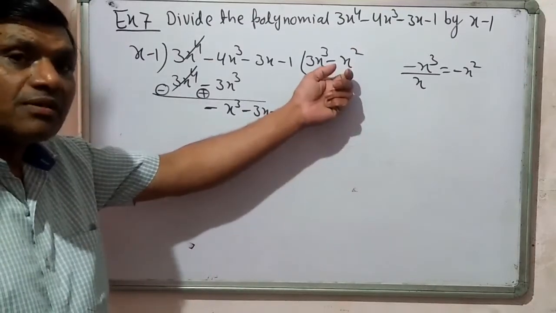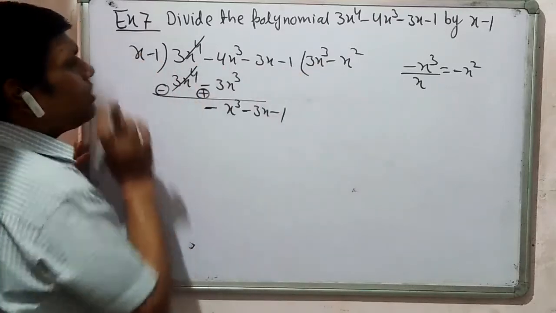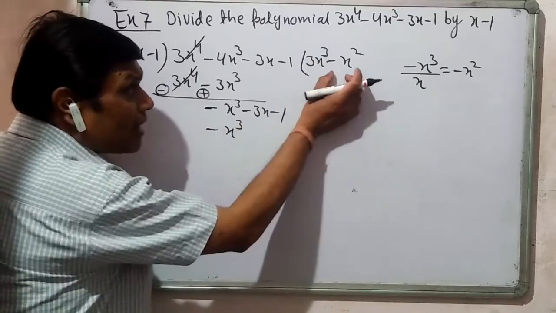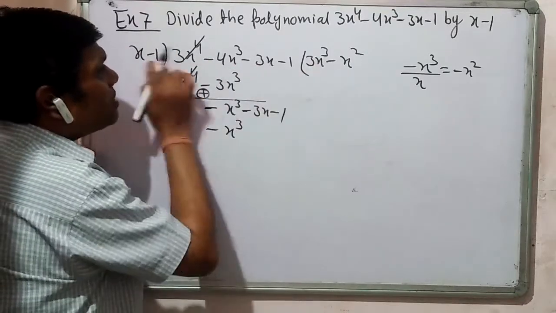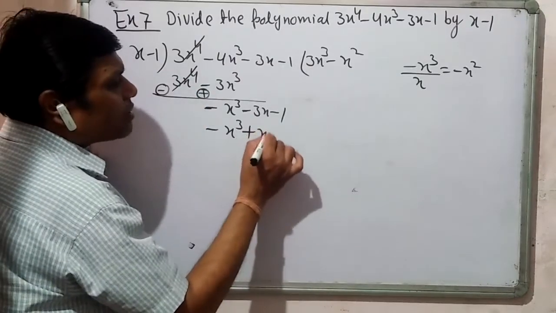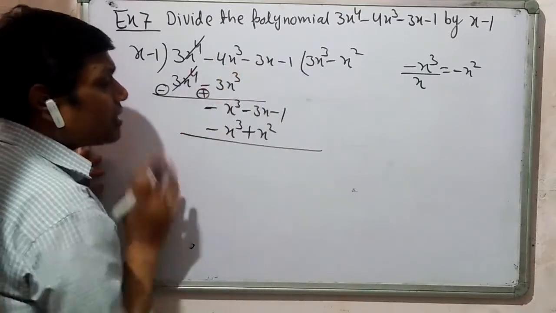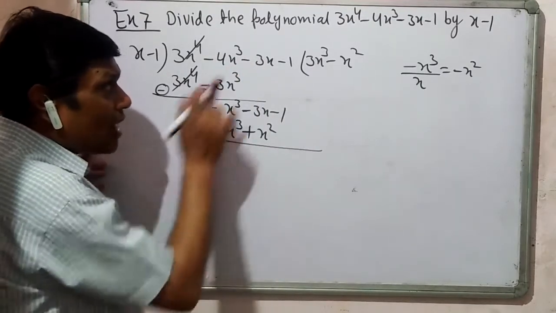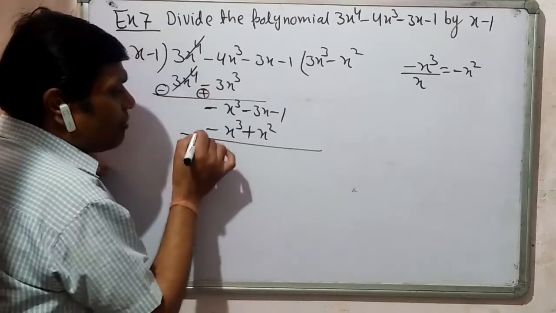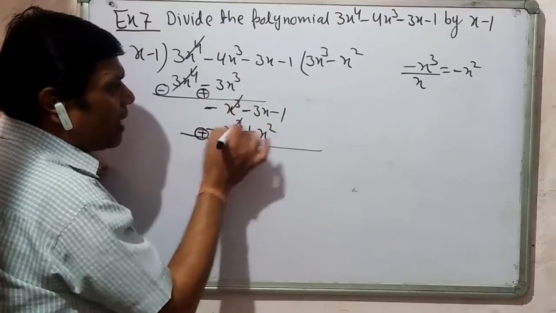What we have to do with this? We have to multiply negative x square with x. Negative x square into x gives negative x cube. Negative x square into negative 1, minus into minus, first put the sign positive, x square into 1 is x square. Now this term was missing, right? I had not put it as 0 directly. Now what we have to do? We have first of all to change the sign, and cancel it out.